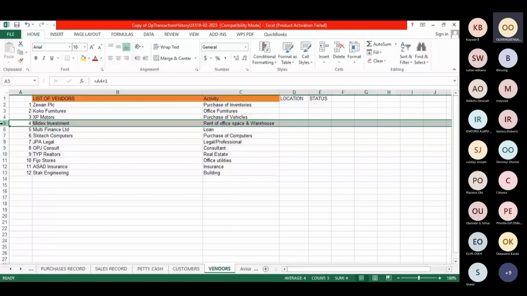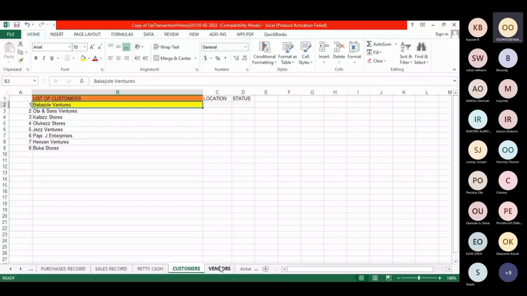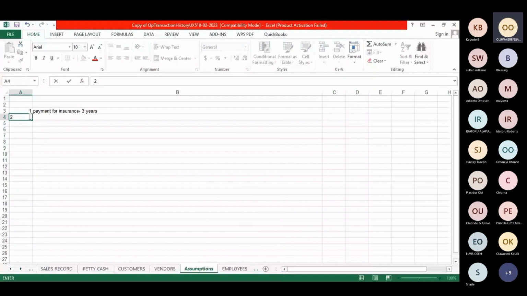So I will also take it that on confirmation of this amount, I was told that the rentage of the office space and warehouse is for 2 years. So under my notes, rent of office space,